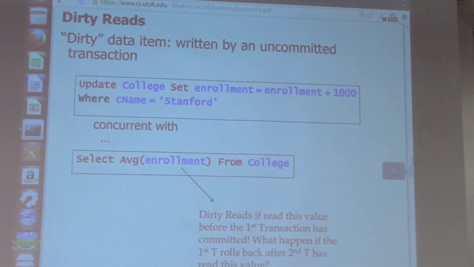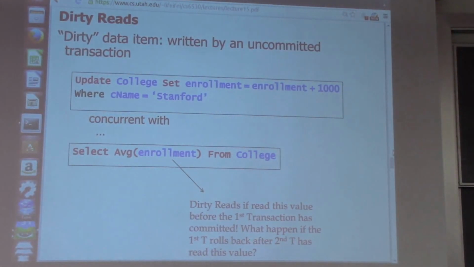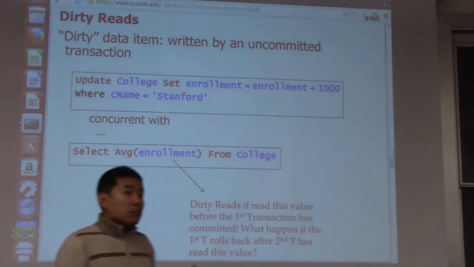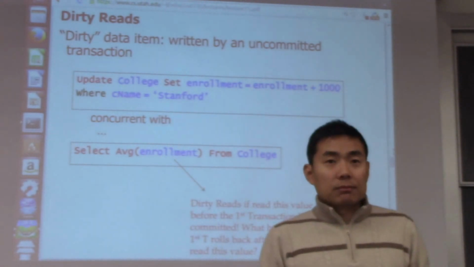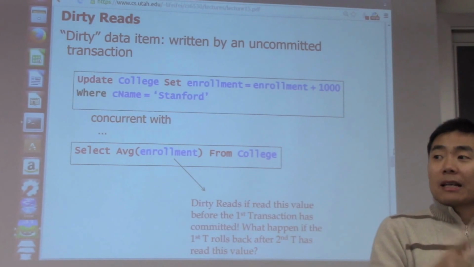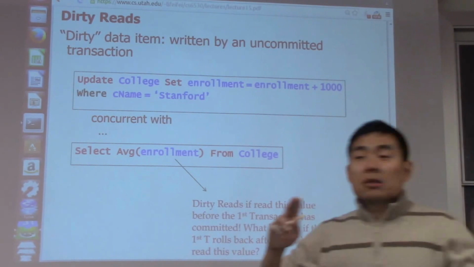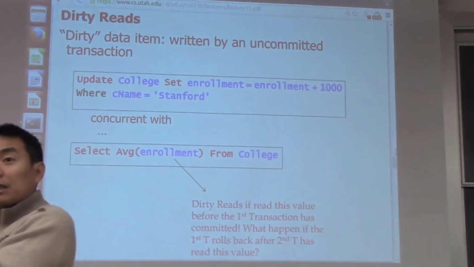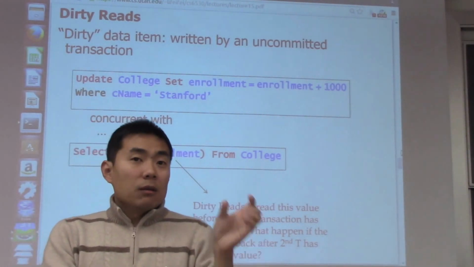So in order to talk about repeatable read, I first need to introduce a concept called dirty reads. Dirty read is defined as you're reading a dirty data item. And a dirty data item is an item that is overwritten by an uncommitted transaction. An uncommitted transaction that writes to an item will make that item a dirty data item. Why do we call this a dirty data item? Because if the transaction has not committed yet and has updated an item, the value of that item,